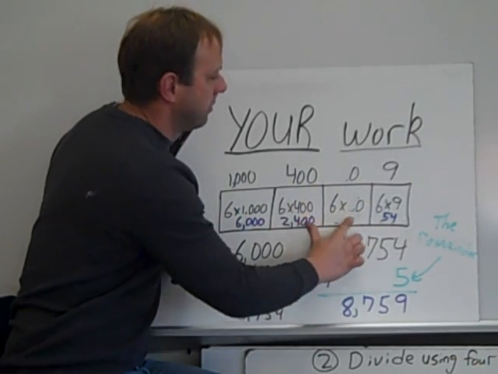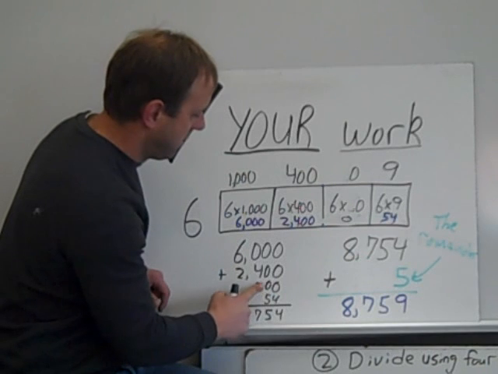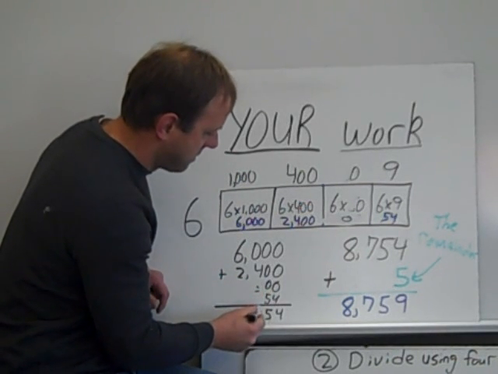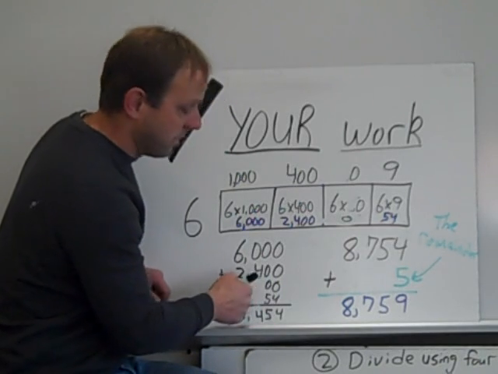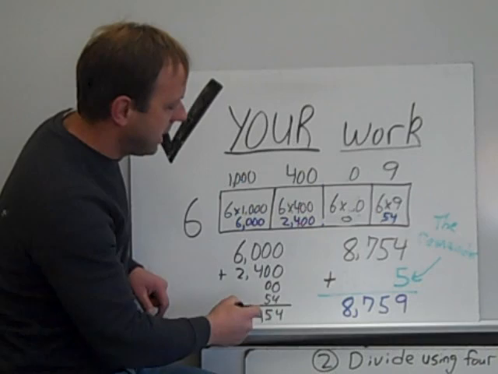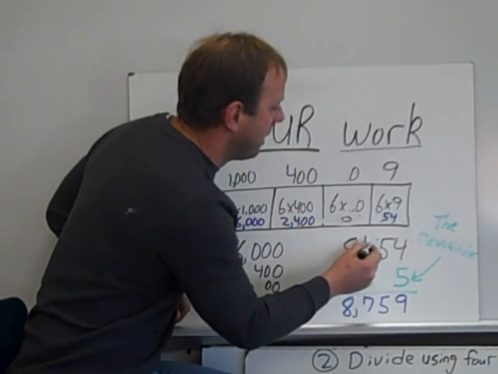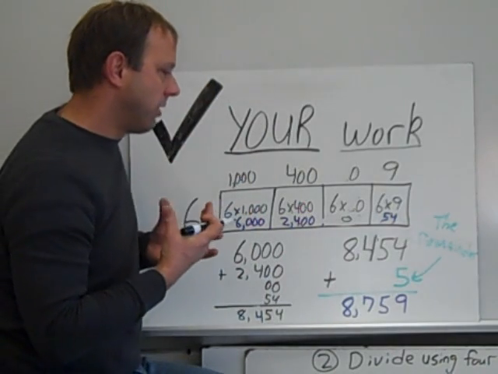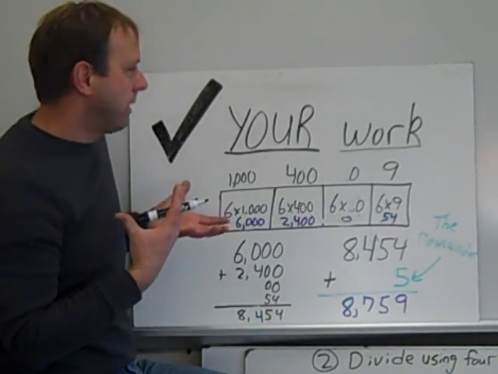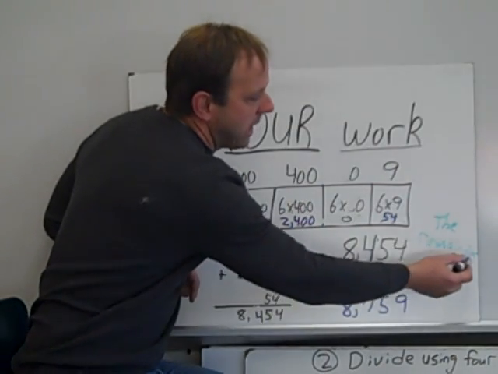Okay. So we're going to make a correction so that I don't have to do this video over again. And we are going to change this. There we go. Hey, checking my work. Found my mistake, didn't I? Okay, so 8,454 is what this should have been. And I realized that I started with 8,459. So the only thing that I really need you to remember on this is that you had a remainder